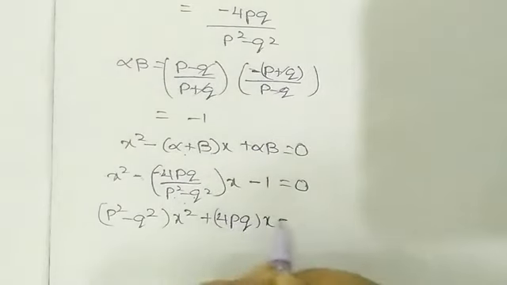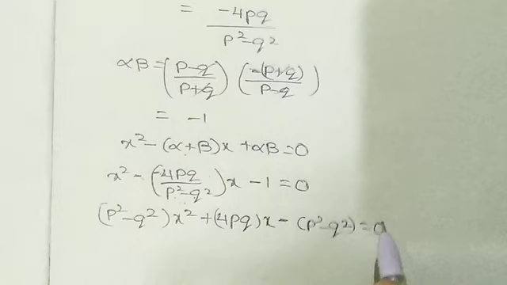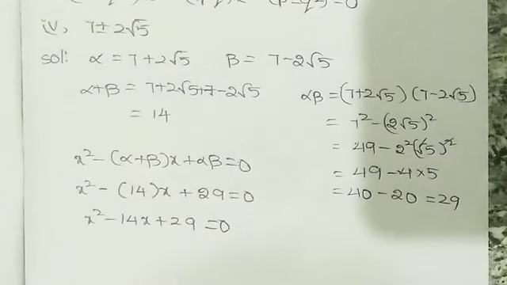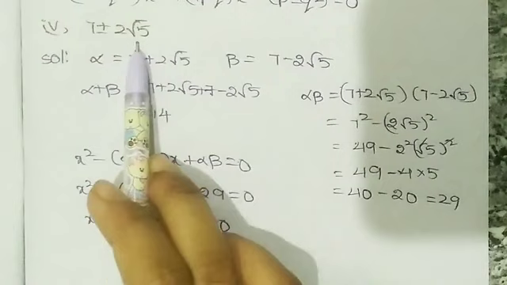So in the third question, find the nature of the roots of the following equation without finding the roots. They have given the quadratic equations. So we have to find the nature of the roots. We know to find the nature of the roots, first of all you have to find the discriminant, that is delta is equal to b square minus 4ac. This is the discriminant. If the discriminant is equal to 0, then the roots are equal roots. This is the nature of the root.